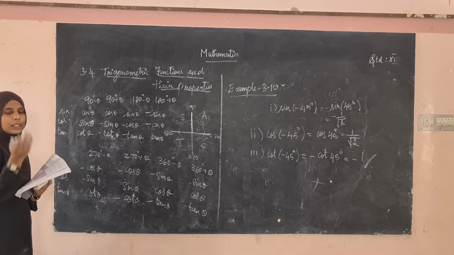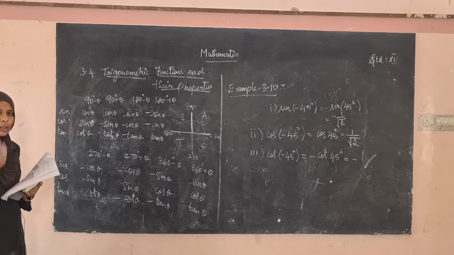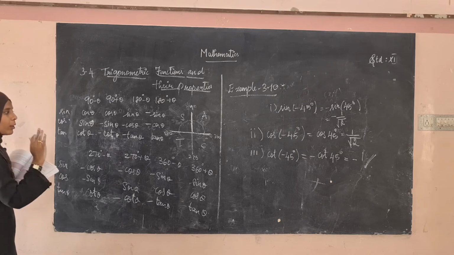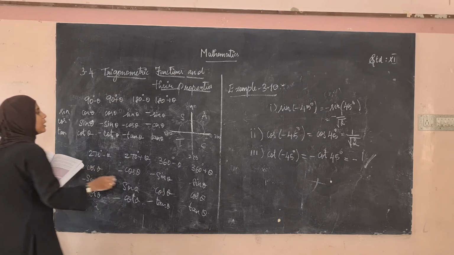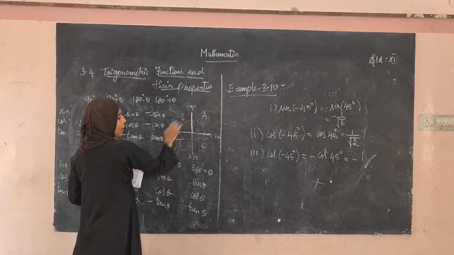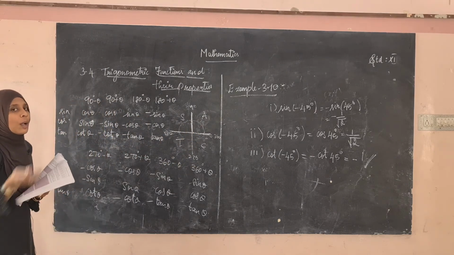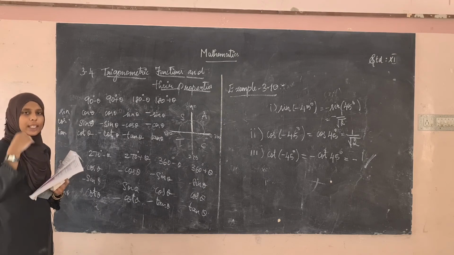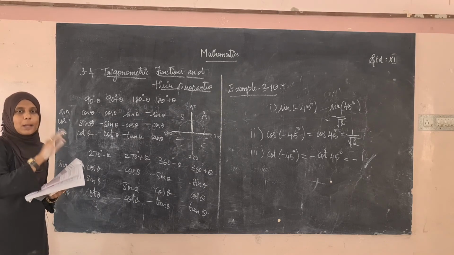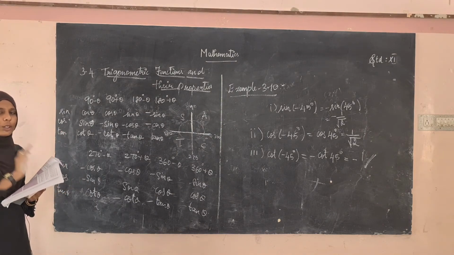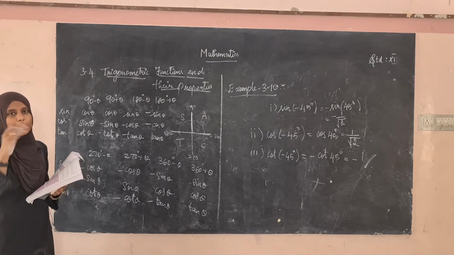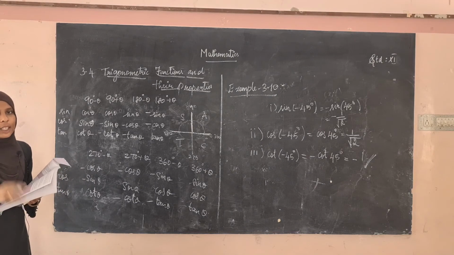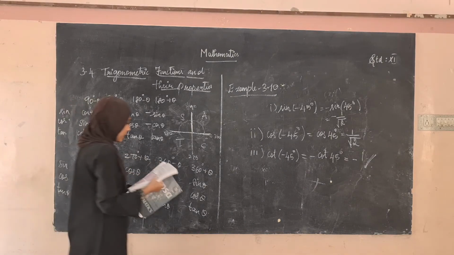The important thing: with 90 plus or minus, sin changes to cos, cos changes to sin, tan changes to cot. The same for 270. But for 180 and 360, there is no need of changing the trigonometric functions. Negative signs depend on the quadrant, by all students take chocolate. The thing is, with 90 and 270, plus or minus, we change sin to cos, cos to sin, tan to cot. But for 180 and 360, plus or minus, we should not change the trigonometric functions. Okay, the important thing is this.